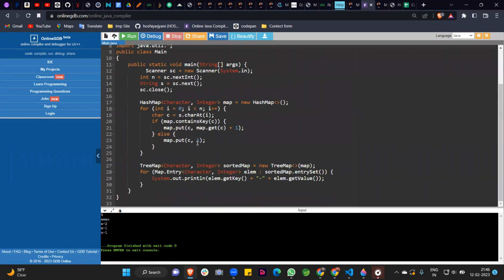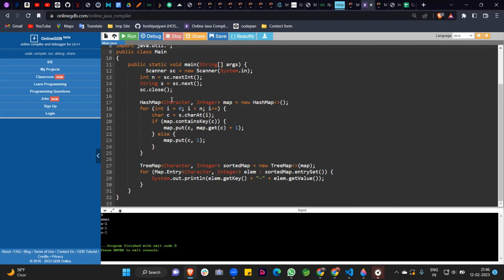So guys, this is the simple code. First of all, we take the Scanner class, and after that, we take this input, and the string name Aman is stored in s. Then sc.close(). This is an optional statement. You can skip this, but it is good practice to write sc.close(), because we are closing the Scanner class.